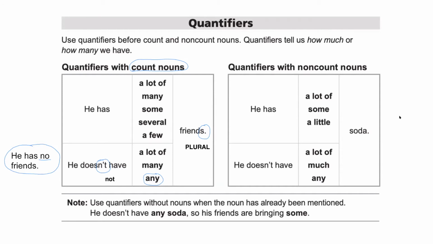Now, I've mentioned in class, back in the past, that often English speakers and especially Americans often confuse the words a few and a little. For example, I believe what's happening is more people are becoming comfortable with non-count quantifiers, even with countable words. So, for example, instead of saying a few, like if I said, I have a few friends, some people might say, I have a little friends. Or like at the grocery store, I have a little groceries.